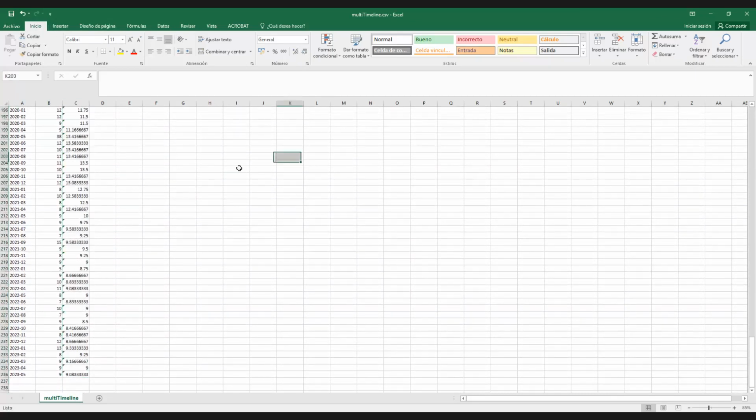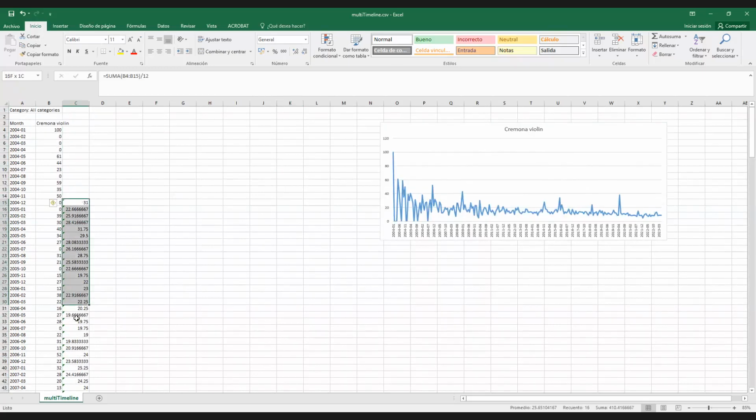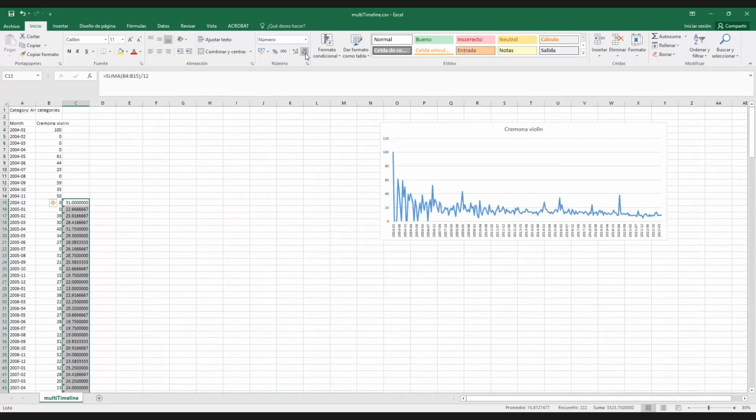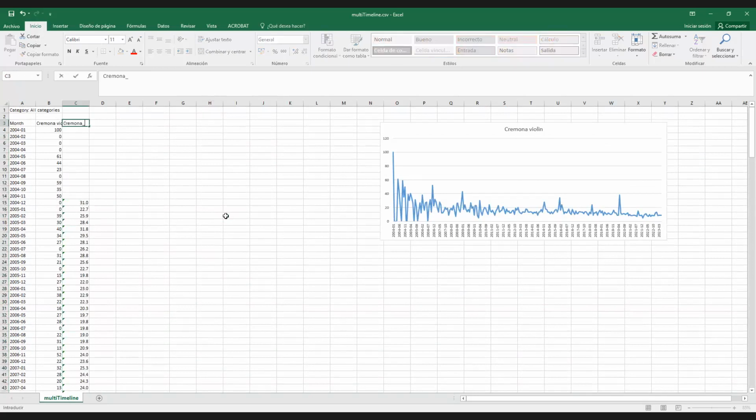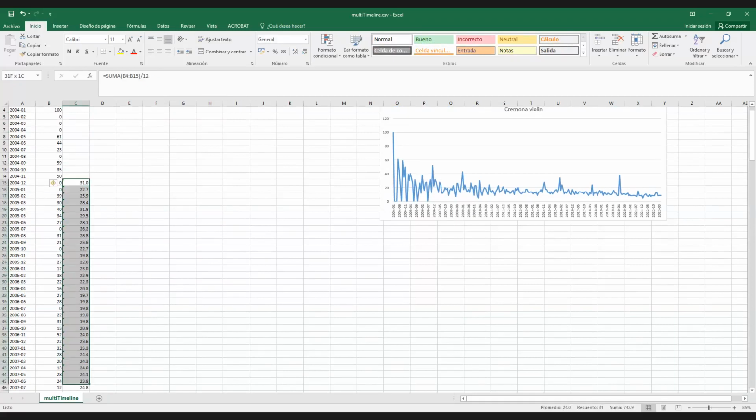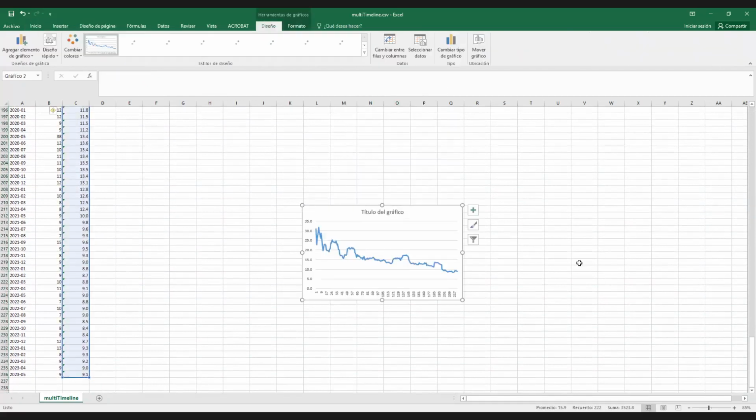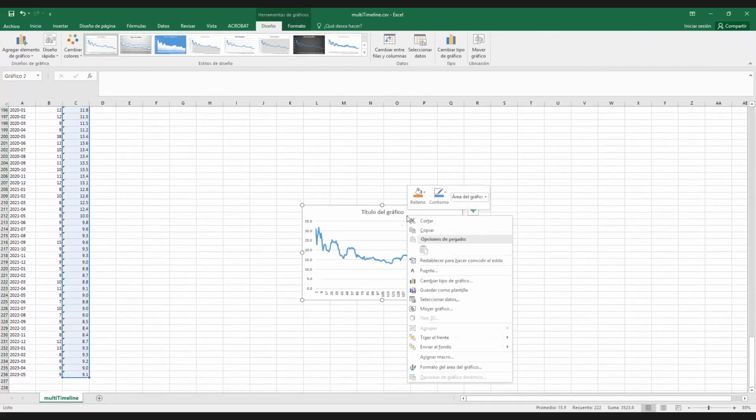I'm trying to just add the 1 digit like this. Can you see? Yes. This is the destationalized moving averages 12. So it is monthly. So this is the destationalized series. I'm going to picture the graph for the destationalized series. And what can we see here? Wait a minute, because I'm going to add the